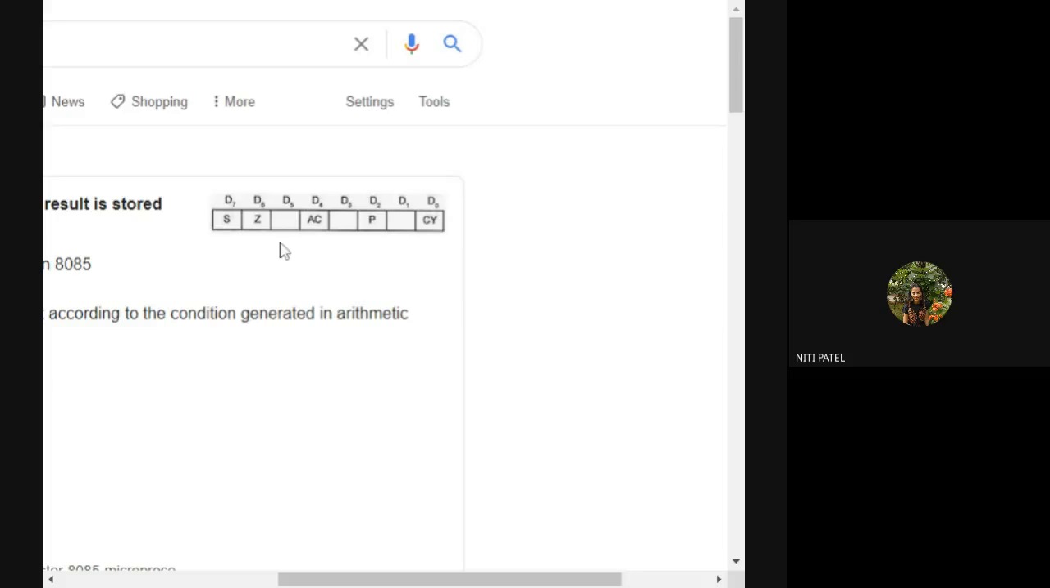Is this understood? Okay, so when I do 0000 plus 0000, what is my answer? 0000. So is the answer containing all 0? Yes. So what will I set this to? 1. But if I have